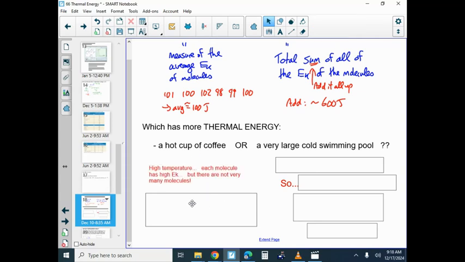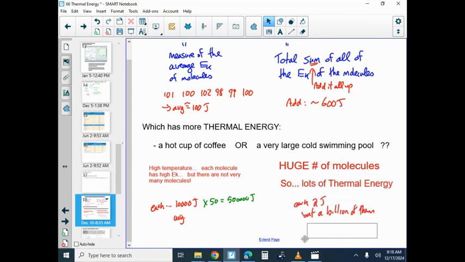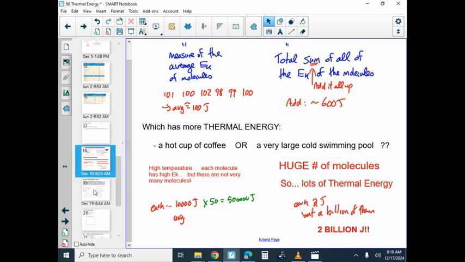So a hot cup of coffee has high temperature. Each molecule has a lot of kinetic energy, but there's not very many molecules in comparison to a pool, right? So maybe each one has 10,000 joules, but there's only like 50 of them. Versus a swimming pool, maybe each one has 2 joules. It's very cold in comparison, but there's like a billion of them, right? So yeah, there's a lot of thermal energy in large bodies of water, and that's why you have like lake